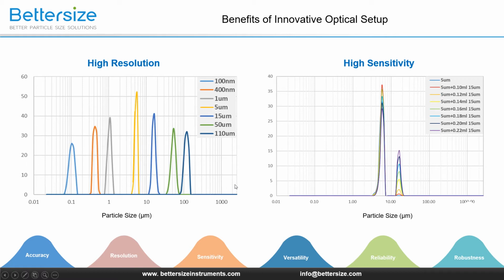For two samples with similar particle sizes, distinguishing them is always a challenge for particle size analyzers due to similar scattering spectra. In order to verify the resolution, we select standard samples of 5 microns and 15 microns for measurement, and use a pipette to gradually add one sample to the other. With the addition of the 15 micron sample, we can see the changes gradually show up in the distribution curve, thereby confirming the high resolution of the Betasizer 2600.